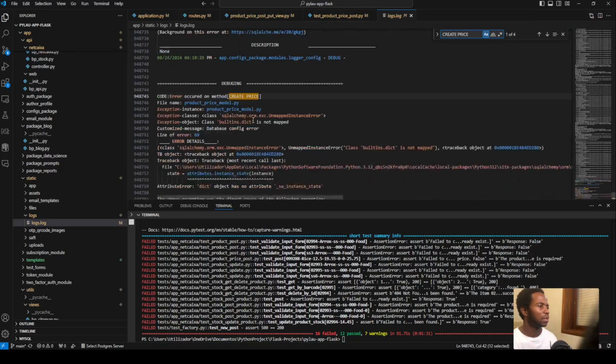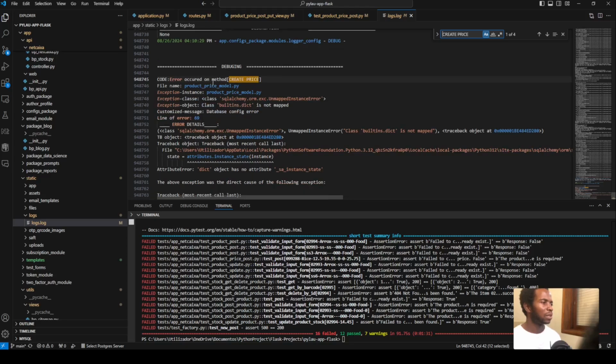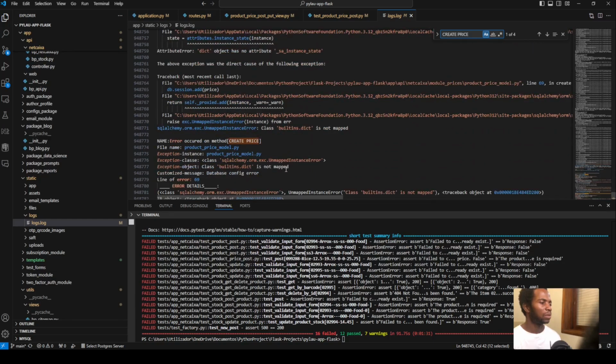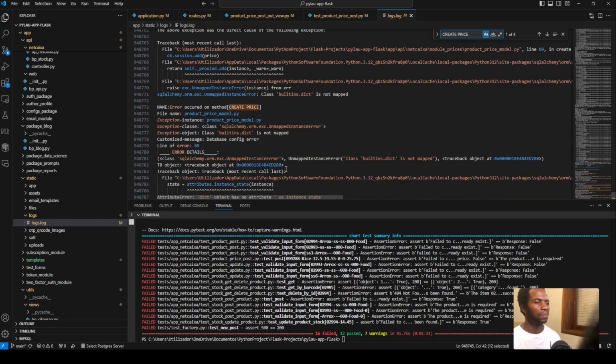Price. Okay, error accurate. So this is the exception we got. Parameter here we have product price, model is not mapped. Database config error, so it's a problem related with our dictionary. So dictionary is not mapped. So yeah, what we gonna do is